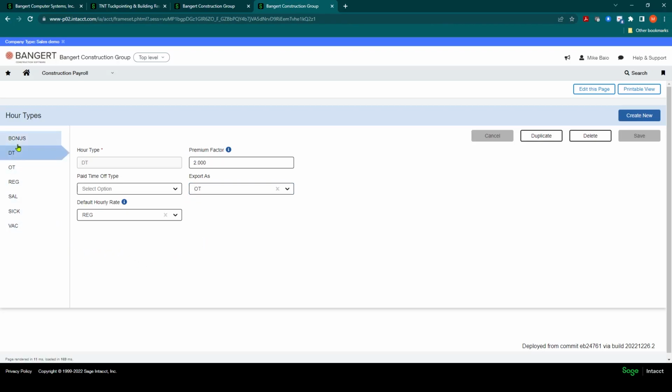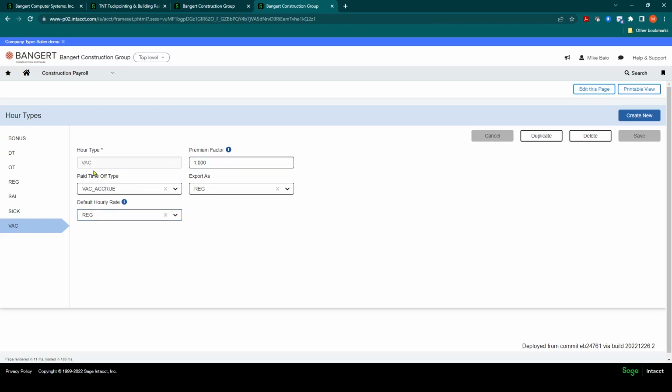The other option you can do here is, for example, for a vacation pay. So we've done the PTO setup. Over here, you can establish a pay type or hour type for vacation. This will have a rate, and you can base it off the regular rate. So again, I don't need to set up a rate of pay for vacation because it's a 1 factor of the REG. You could also establish a separate vacation rate if it's different by just leaving this blank.